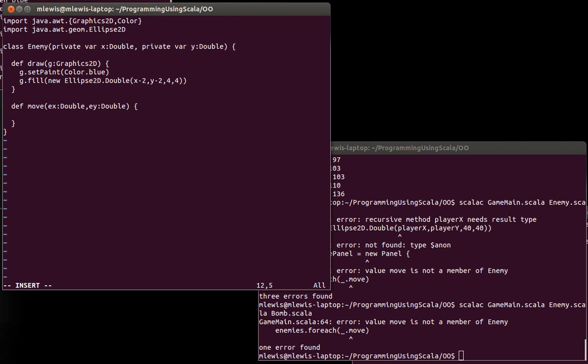How about we do this? Val dx equals EX minus X. Val dy equals, actually I want the x minus ex, y minus ey. This is basically the distance from your current location to the end. And if it's oriented from your current location to the end location,